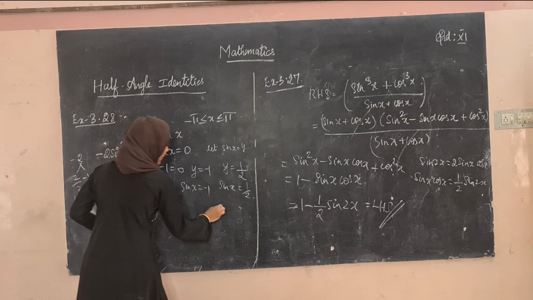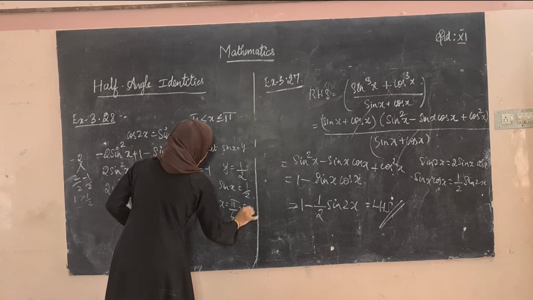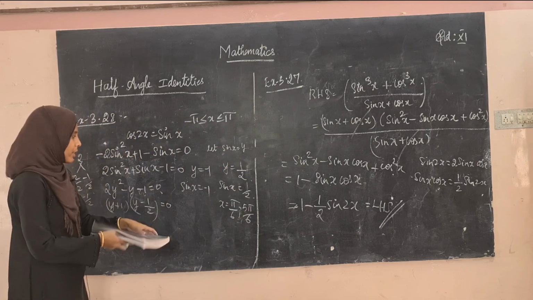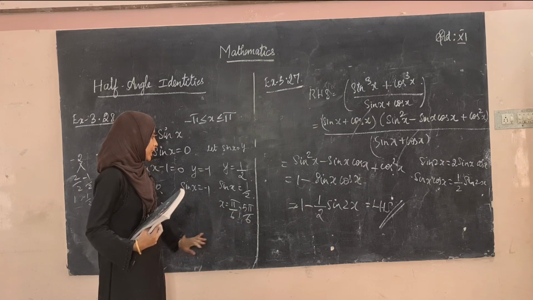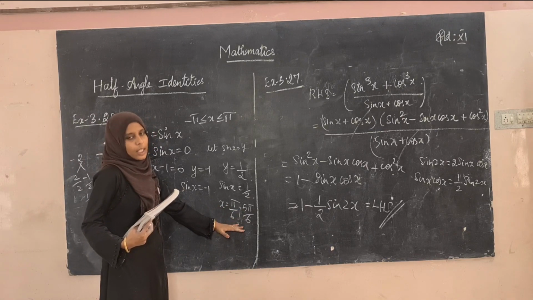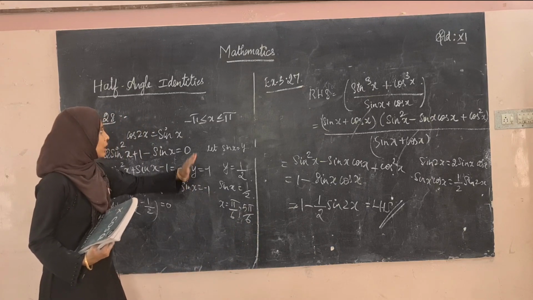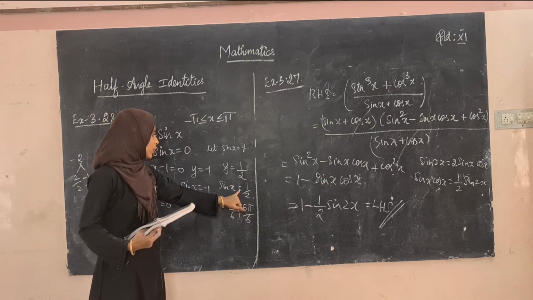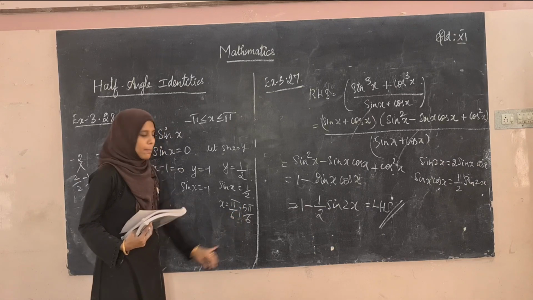So x will be equal to pi by 6, 5 pi by 6. 150 degree. Sorry, it is 150 degree, I think so. 30 and 150 degree. So for 30 degree and for 150 degree you will be getting the value 1 by 2, within 180 to minus 180. So the x values are pi by 6 or 5 pi by 6.